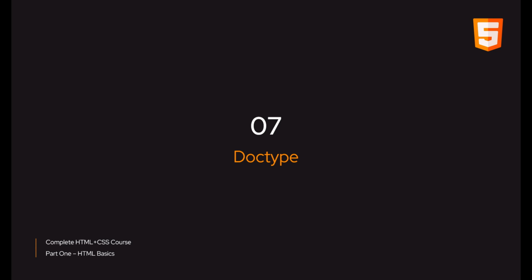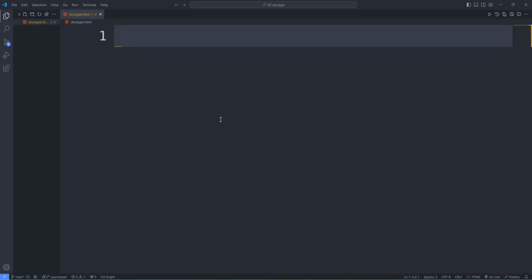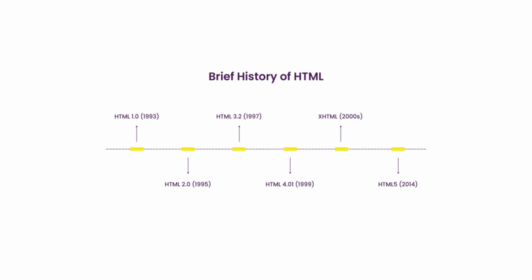Hi everyone. In this session, let's talk about doctype declarations in HTML. Let's start by creating a new file called doctype.html. The development of HTML started roughly in the 1990s and went through versions like 1.0, 2.0, 3.2, 4.0, and